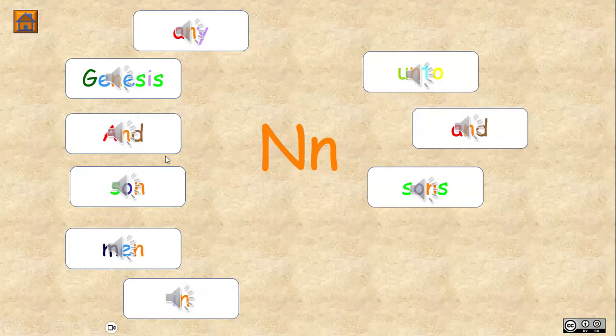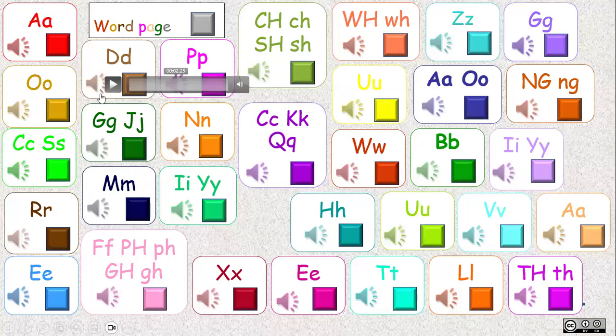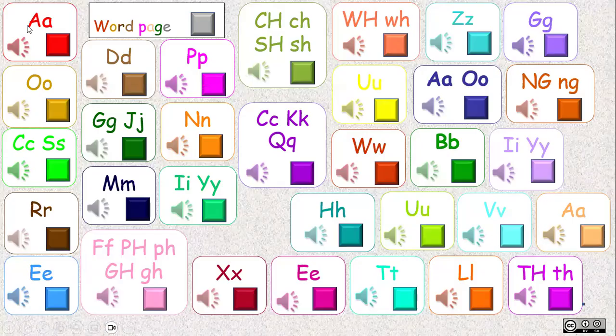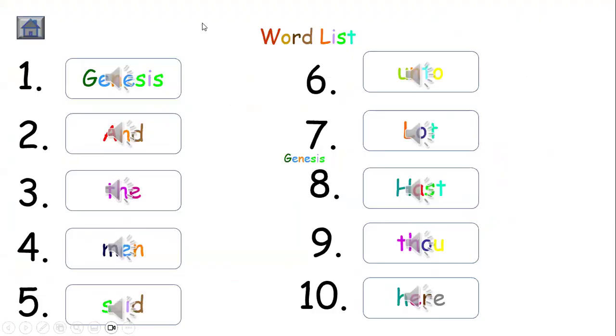The next sound is the brown D. Go to the home page and find that, and it says D, D, D. On that page, we find and. Back to the home page, back to the word page, and the next word is